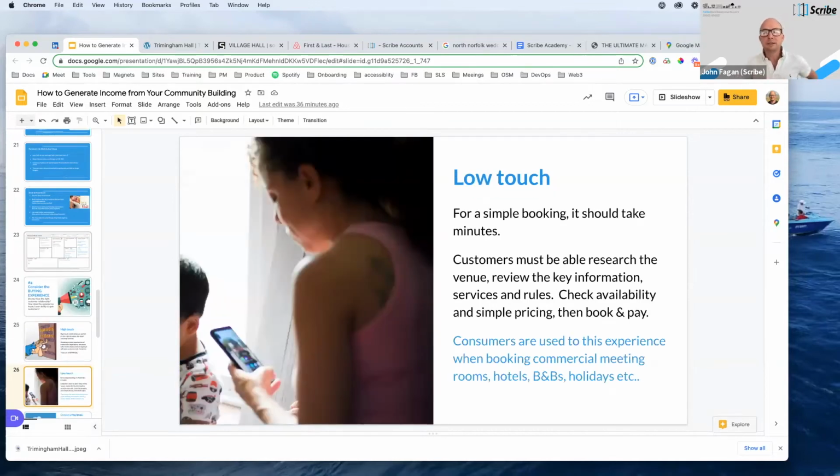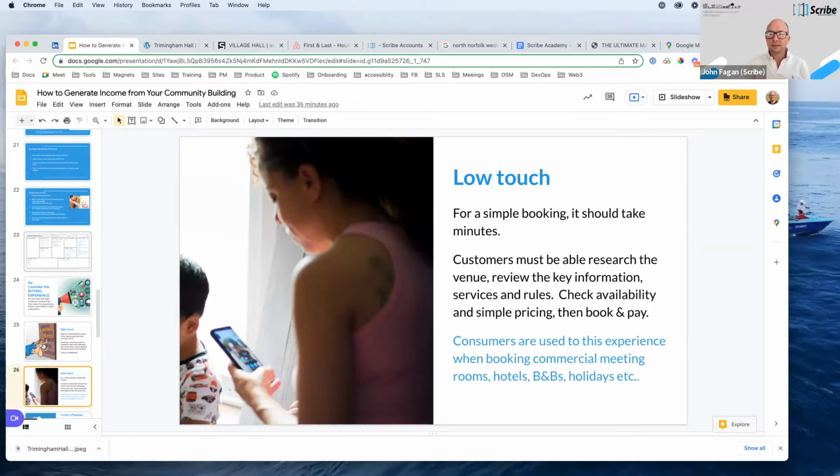These days, if you're doing simple booking things, consumers are used to experiences like booking hotel rooms or Airbnb. You can do that there and then on your mobile phone, as this lady is doing when she has time to do that. And you've got to think about that, because normally with town and village halls, it's not a very slick experience. And as a result, putting all these barriers in place means you're going to lose customers,